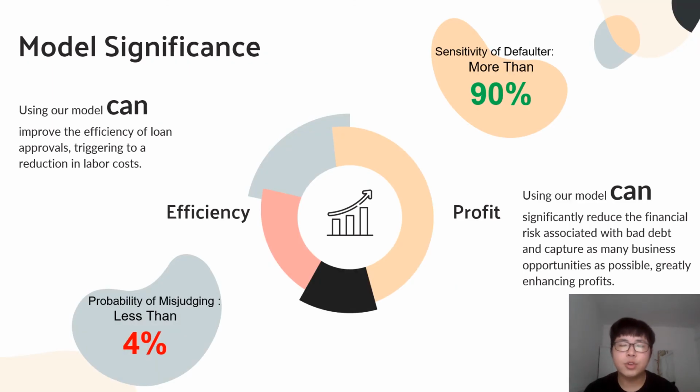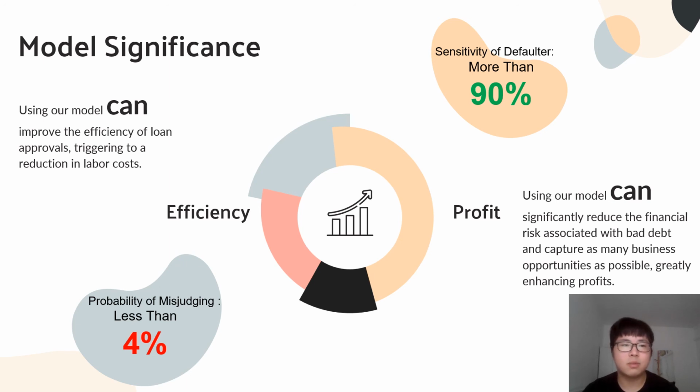Our model is quite crucial for the future development of the company, which depends on two main aspects. First, the model improves the efficiency of manual review while maintaining accuracy, which will reduce human hours and improve our utilization of human resources. And further, our model correctly identifies more than 90% of future defaulters and guarantees a less than 4% probability of misjudging credible applications, which helps us increase profits in terms of both attracting customers and